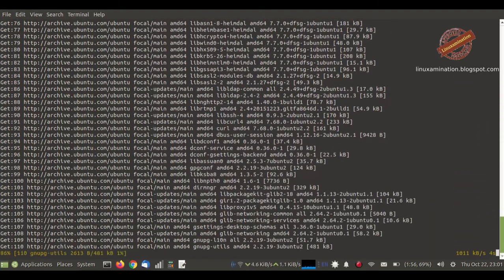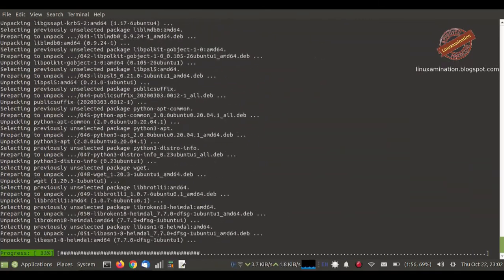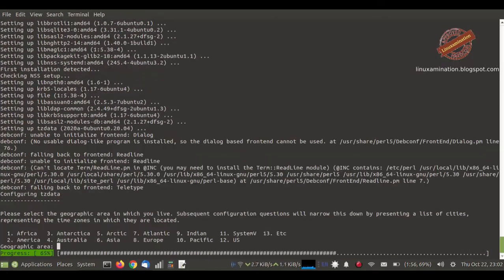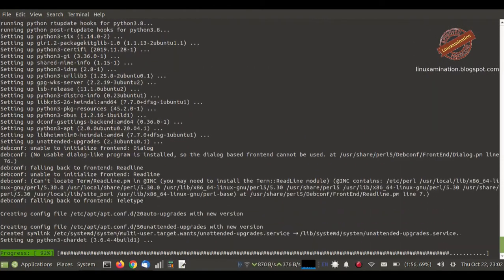I have installed all the necessary dependencies in my Ubuntu 20.04 container. After that, I need to add the Microsoft keys which are necessary to install MS SQL Server.